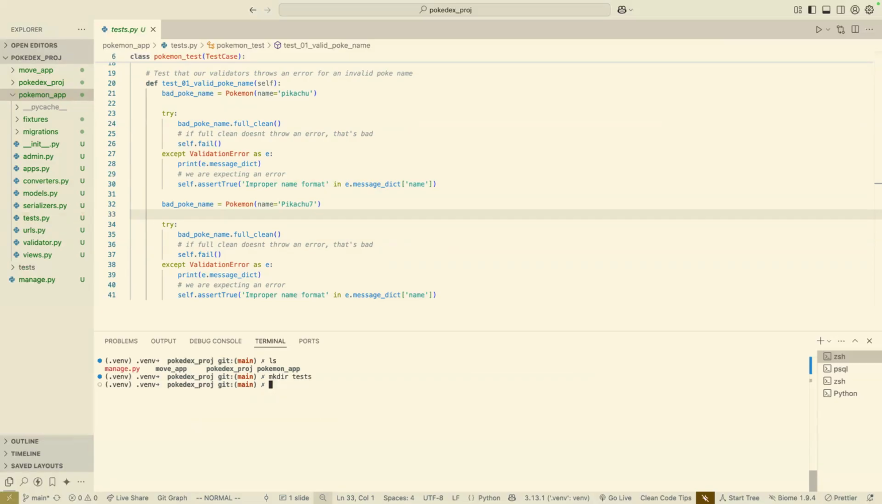And I'm actually going to move this file into there. And I could test all my models in here. I think for simplicity for the refactoring, I'm going to have it be a separate file. So what I'm going to do is move